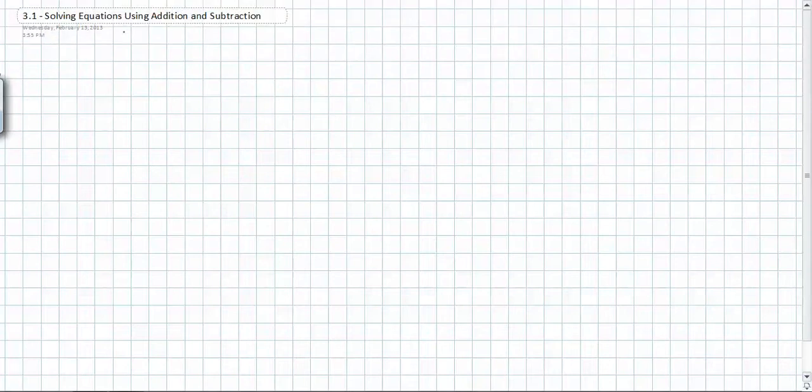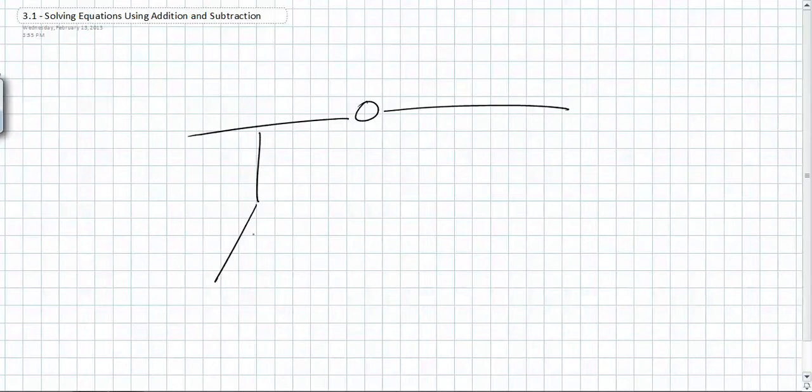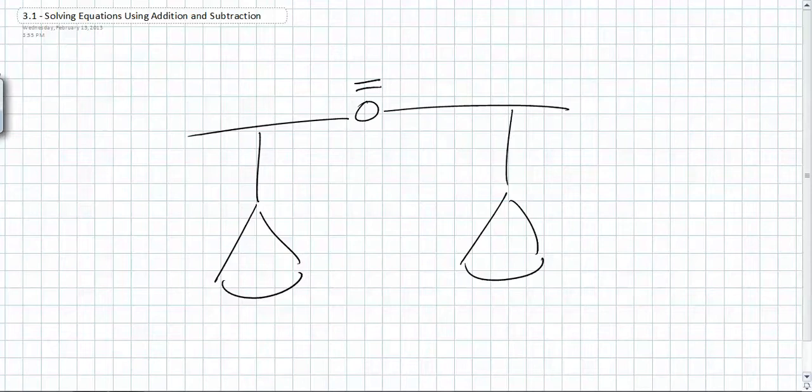A great deal of what we do in Algebra 1 is going to be playing around with this idea of a golden rule. So you have your scale here, and the balance is going to be the equal sign. What we're going to do repeatedly is change one side and do the exact same thing to the other. So for example, we could add 5 to one side of the equation, which would mean we'd have to add 5 to the other so that we would still have an equivalent expression, one that is also true in the